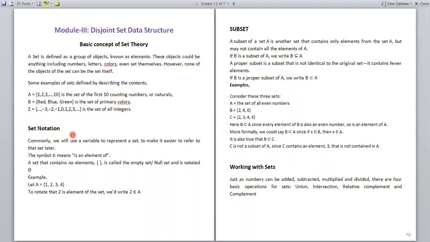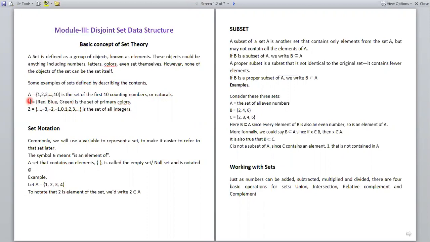Next, the notation. What is notation? What notation are we using for sets? The objects of the collection should be written within braces, we use curly braces. And we also use a variable to represent a set. If we consider A, it is a variable, and it represents the whole set.